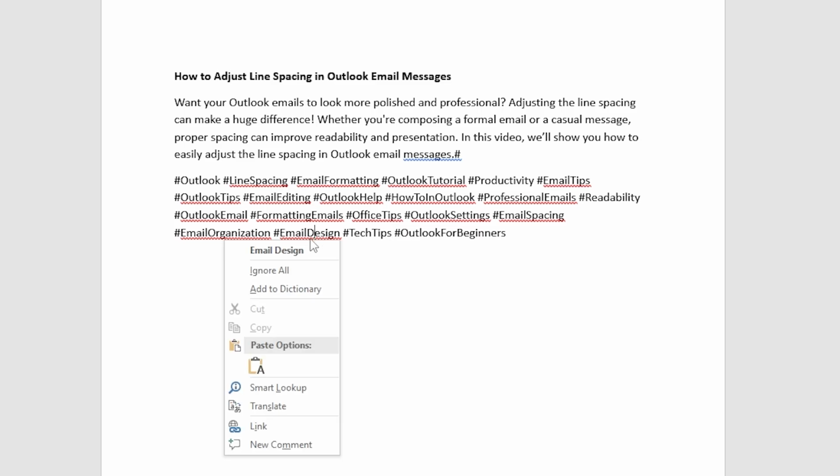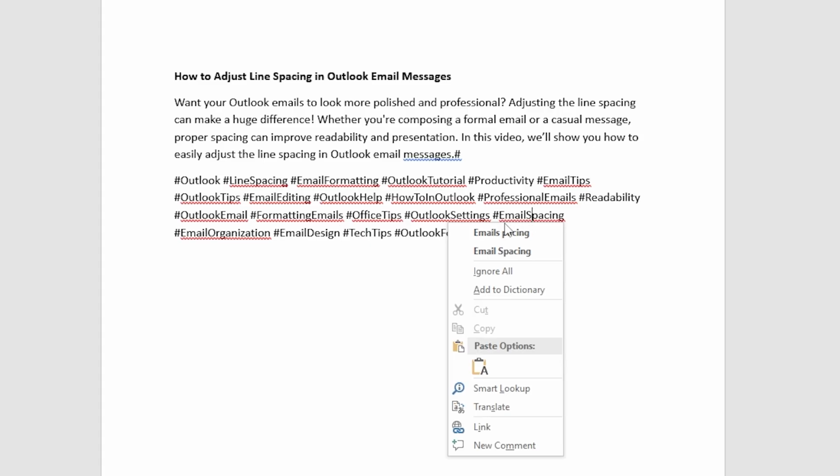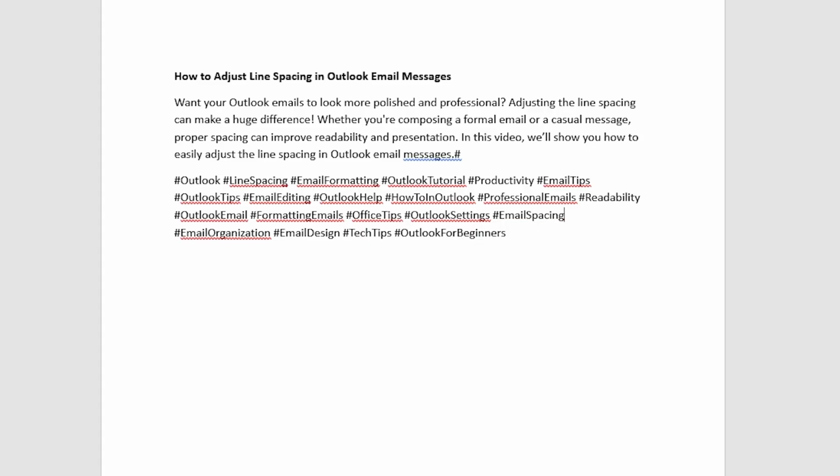Once you do that, the squiggly line disappears. So now Microsoft Word accepts the word as correct. And just like that, the word is now saved in the dictionary, which means Word won't flag it as a mistake again. So that's how you add a word to the